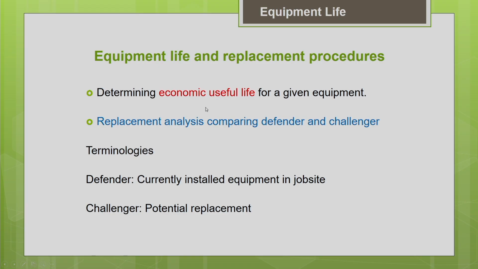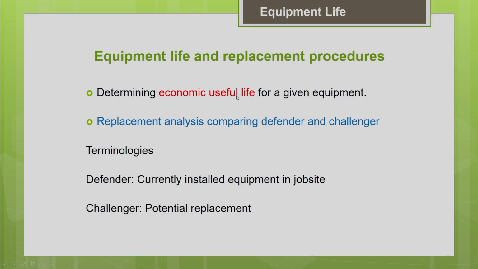If you are going to optimize a production with respect to cost, we talk from a minimum cost point of view. If you are going to optimize a production with respect to profit, then we have to talk from a maximum profit point of view. In that case, we have to define the economic useful life from a profit perspective. That means the economic useful life is a time period during which the profit will be maximum for the particular machine. So, the time period during which the profit is maximum or the cost is minimum, both refer to the economical useful life of the machine.